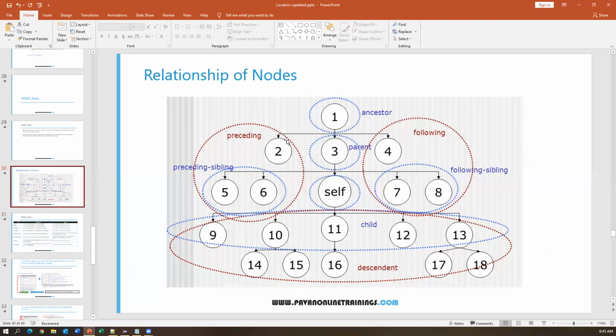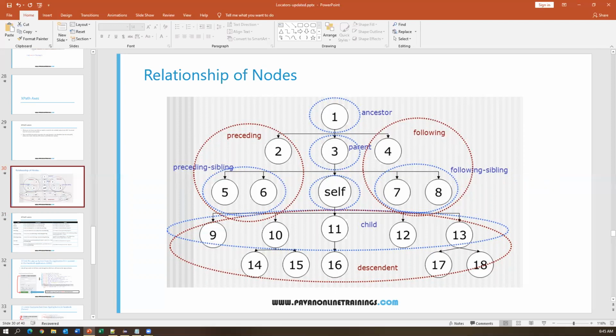And inside the preceding nodes, we can find preceding sibling nodes. So just like inside the following nodes we can find following siblings, similarly in the preceding nodes, we can find preceding siblings. Let's say 5 and 6 are the preceding siblings. So for the self node, these come before self, and these following come after self.